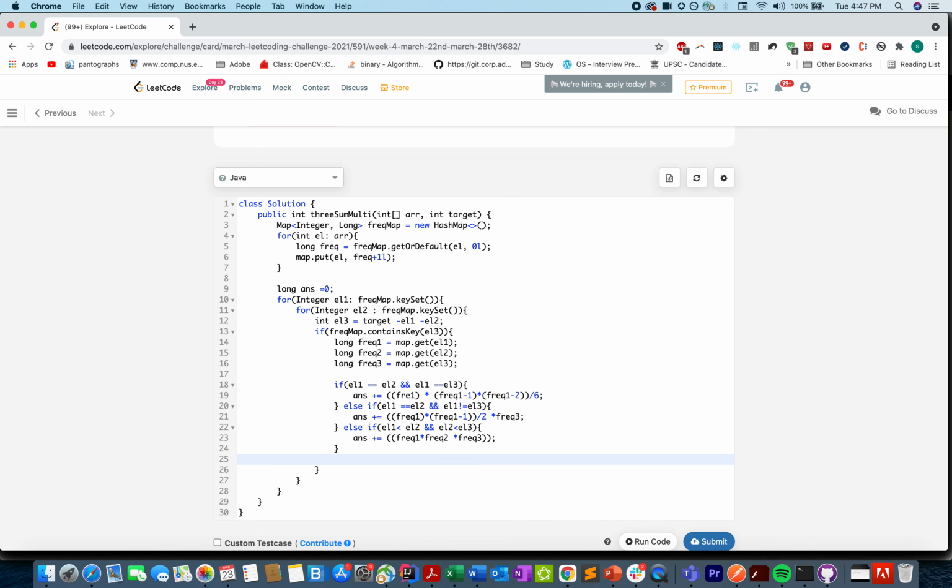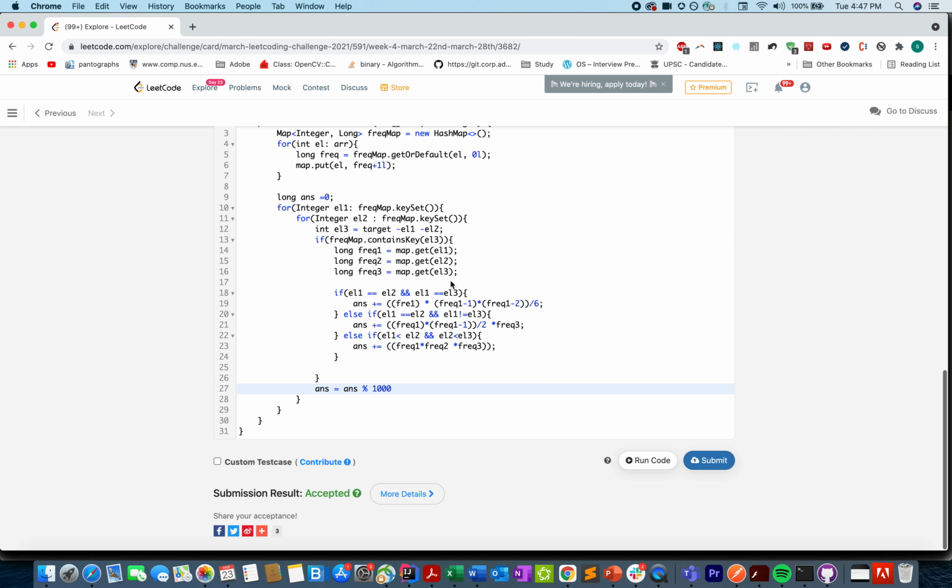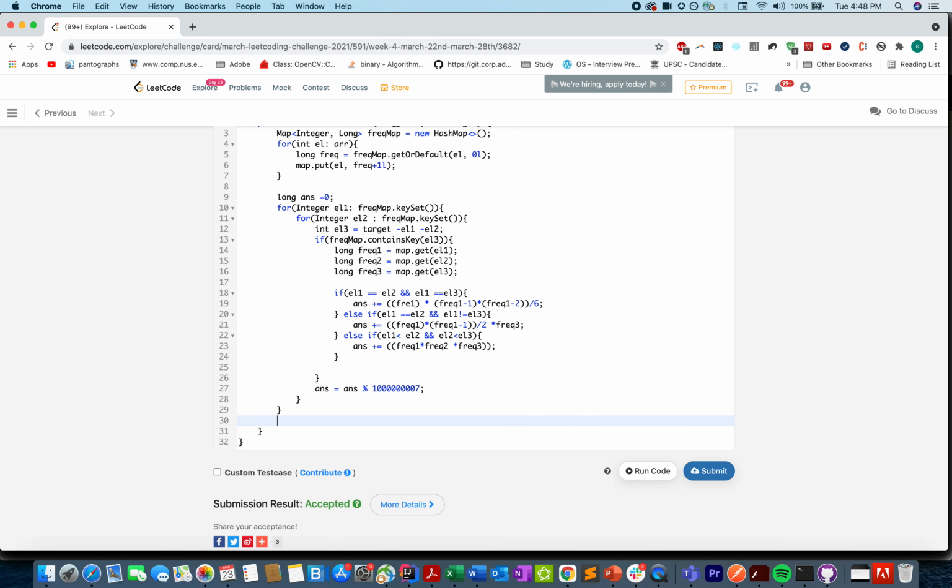And once we are done with this, let's just do a modulus operation: ANS modulus 10 raised to the power 9 plus 7, 1000000007. That sounds good. And let's just return our answer.